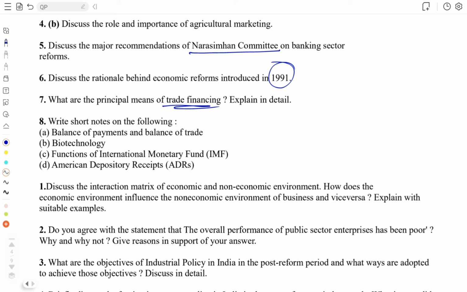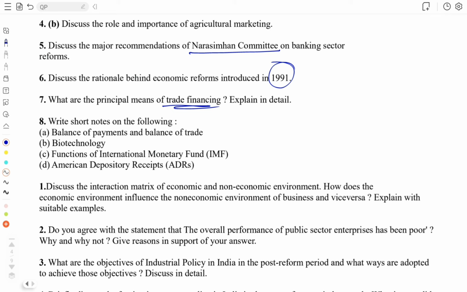So if a currency's inflow of forex is less than outflow, then we will say that it is an unfavorable BOP, that is, a BOP deficit. But a BOP surplus doesn't mean that we are doing extremely well, or a BOP deficit doesn't mean that we are going in a bad way, because there are multiple other factors that lead to this BOP surplus or deficit, okay.